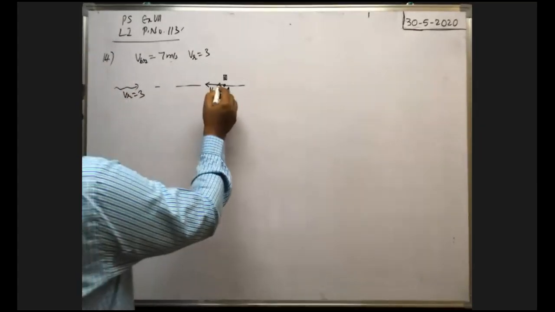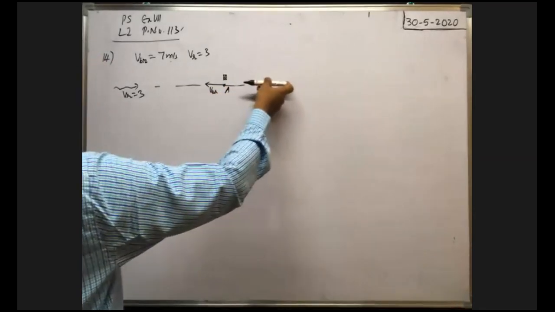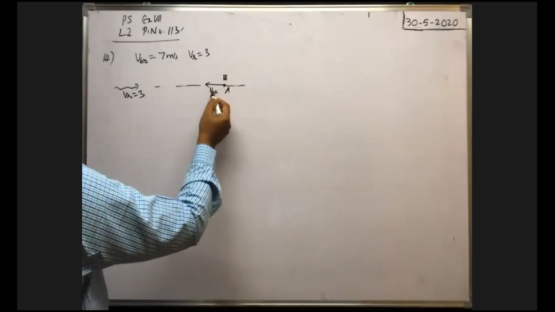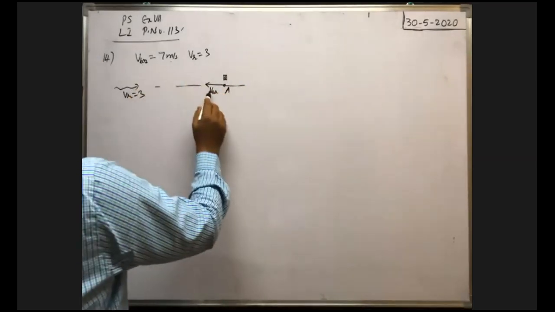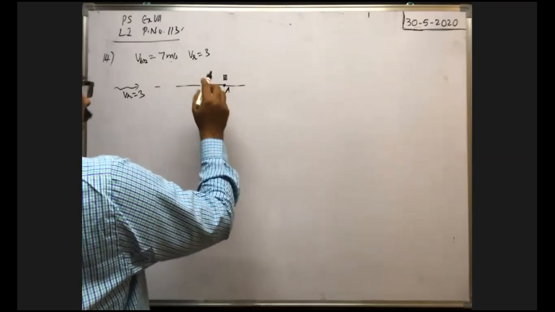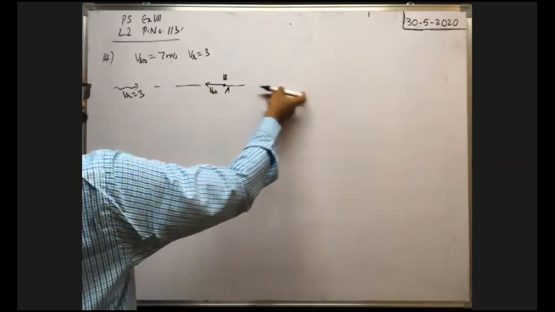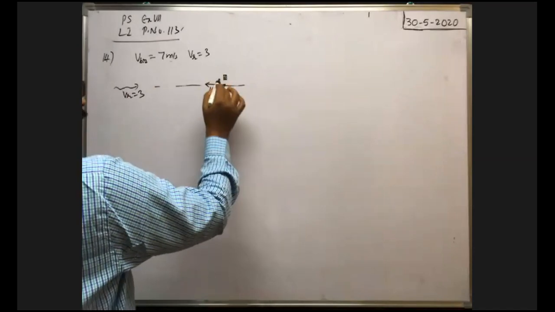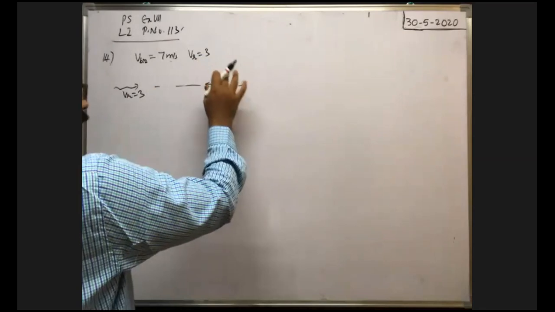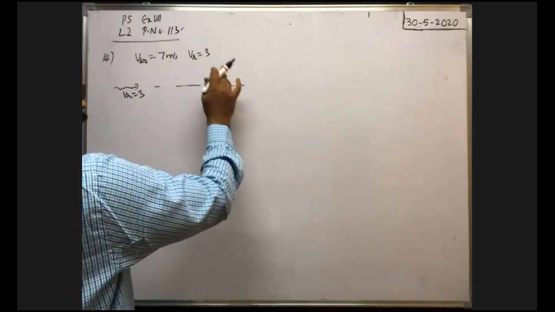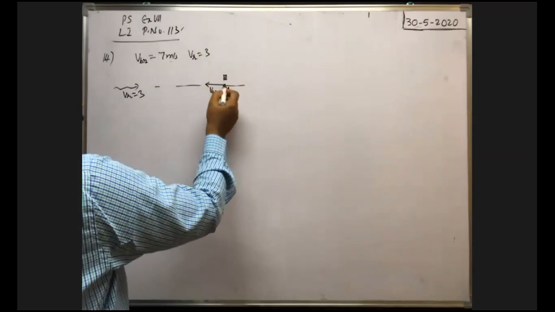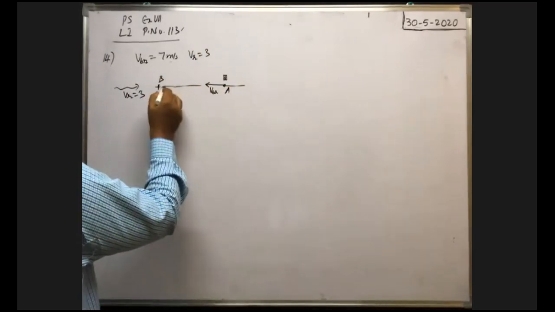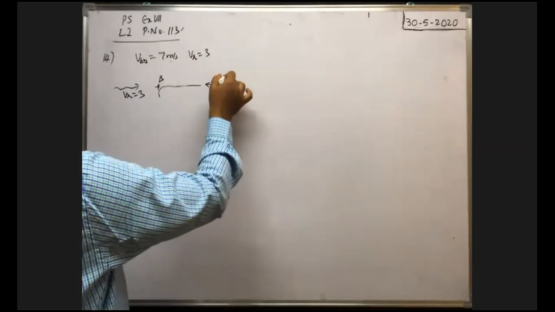Here the boat travels like this, and whenever the boat is at the point A, the boat is moving with a velocity VBR, that means velocity of the boat with respect to river. The boat travels with this speed opposite to the direction of the river flow, that means upstream. And at the point where a float is dropped, that means the body which can be floated over the surface of the water is dropped. Then after that it continues to travel in this direction, and after reaching a certain point B in its path, again it takes a turn to catch this dropped body.